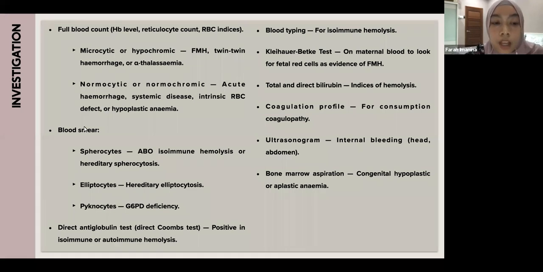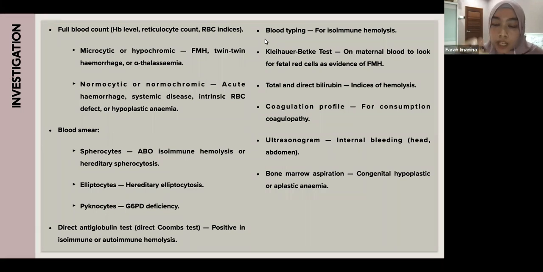Okay. And on blood smear, we can see, for example, spherocytes in cases of ABO isoimmune hemolysis, pyknocytes in G6PD. However, like I said before, when we want to interpret the blood result of the neonate, we must interpret with caution, because normally they will have some form of this morphology. Okay. And then we can do DAT, formerly known as direct Coombs test, which can be positive in immune causes of hemolysis. We can do blood typing for isoimmune hemolysis, KB test, like I said before, to diagnose FMH,